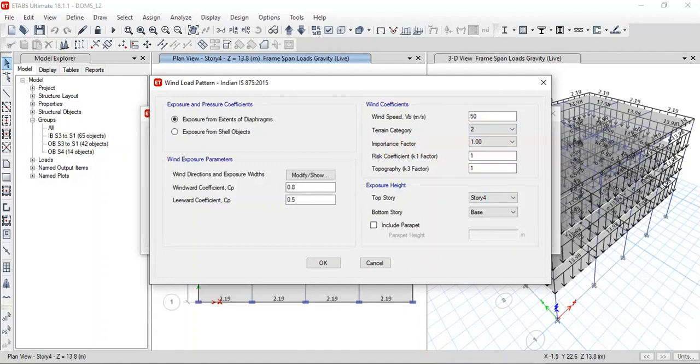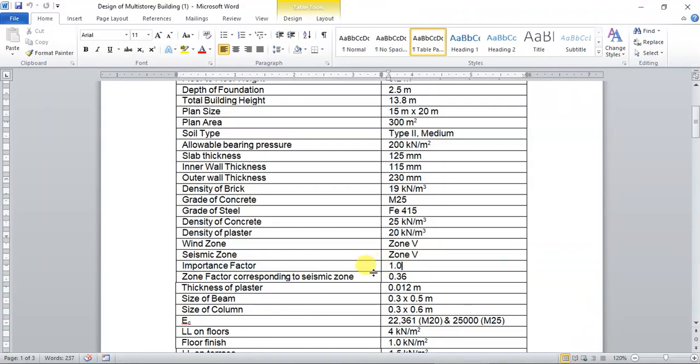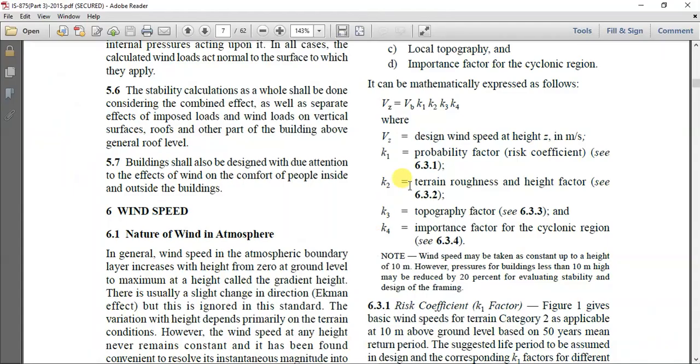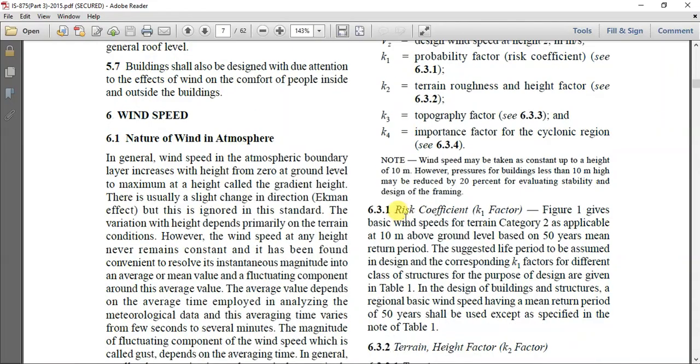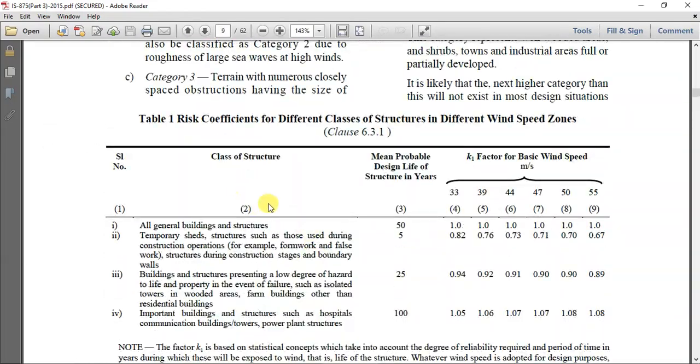And the importance factor, as per the given specification, is 1. And risk coefficient K1 and K3, these are the values which are obtained from the respective tables here. We are choosing this wind speed, which is 50 meter per second, and for all general buildings the K1 risk coefficient factor will be 1.